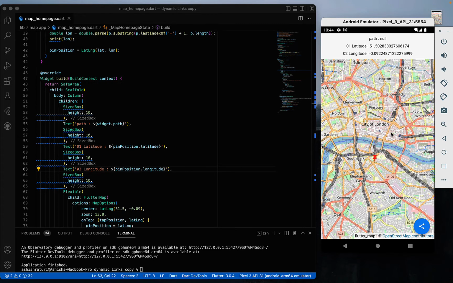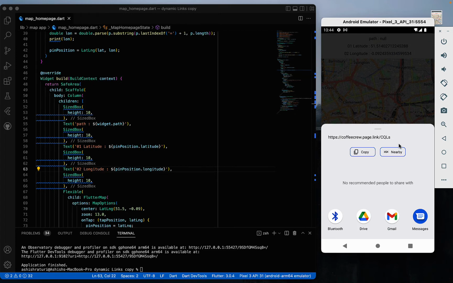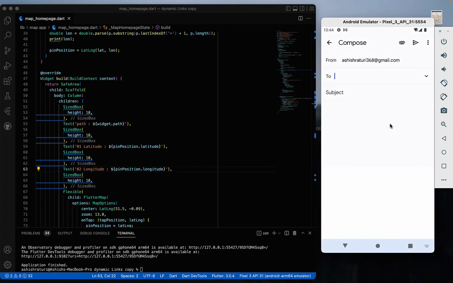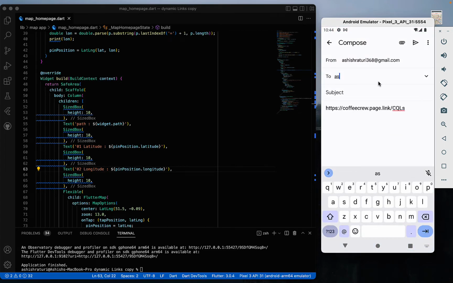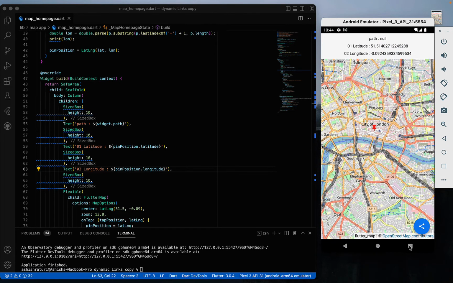Now let's select a location. Let's say city of London. So our pin is here in the city of London. Let's share the location, share with Gmail, and enter your email. Let's say this, share, close the app,